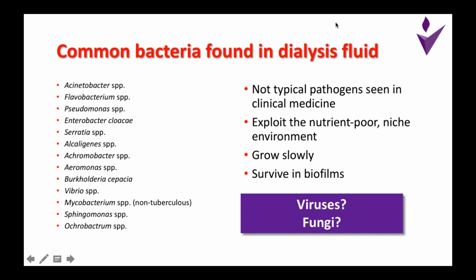However, when we talk of microbial contaminants, we usually talk of bacteria, but we don't talk about viruses and fungi. We don't know much about it, but it is quite possible that viruses and fungi also contaminate dialysate